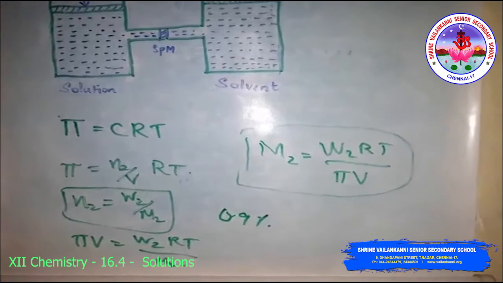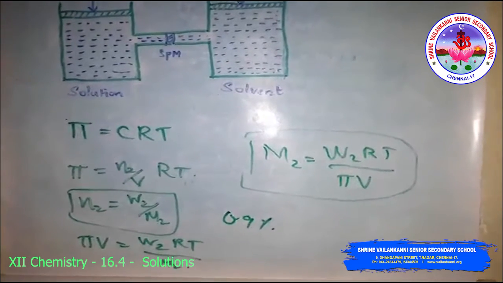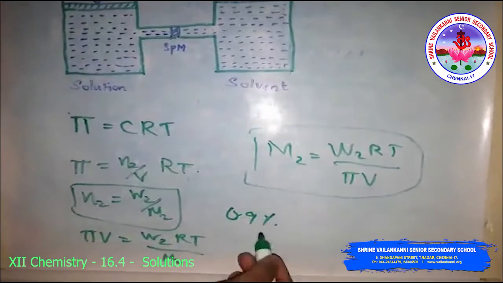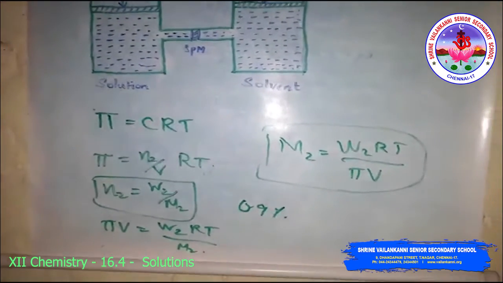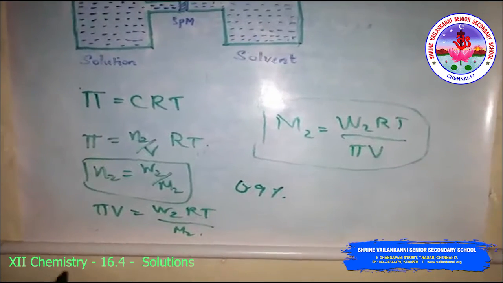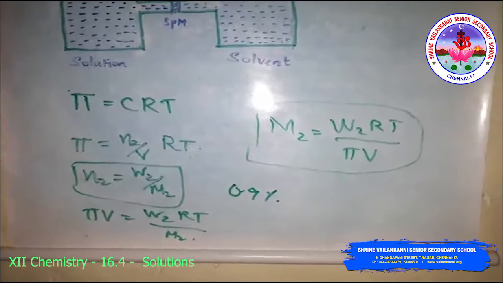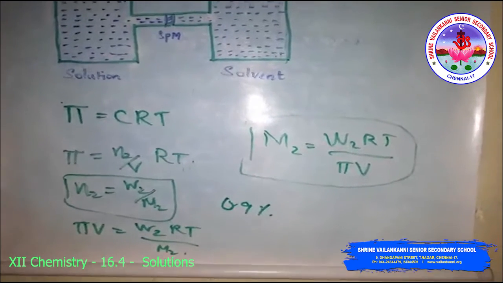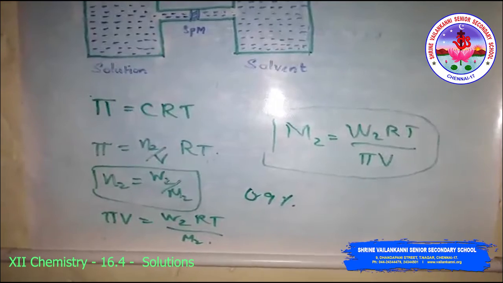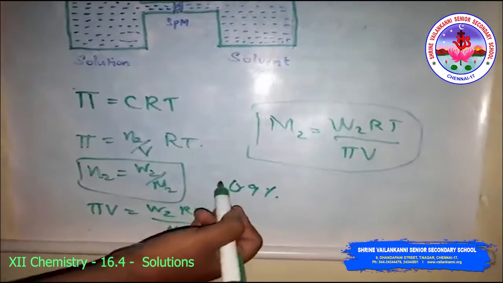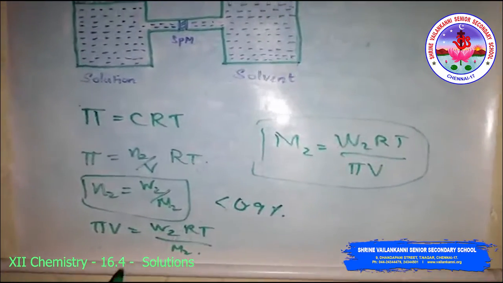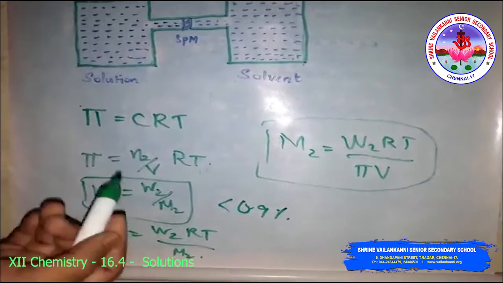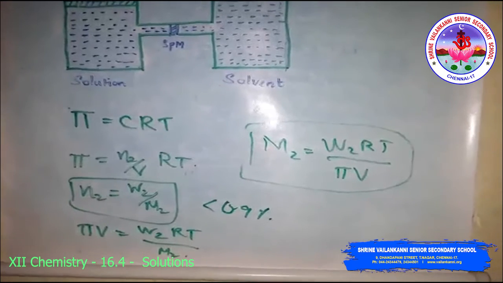On the other hand, if we place the cell in a solution containing more than 0.9% mass by volume sodium chloride, water will flow out of the cell and it would shrink, and such solutions are called hypertonic solutions. If the salt concentration is less than 0.9% mass by volume, the solution is called hypotonic. Greater than means hypertonic.